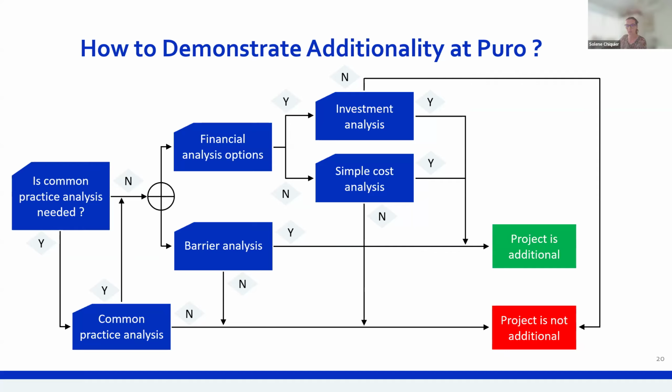If the answer to one of these questions is yes, you will have to go through a rather comprehensive investment analysis. However, if the answer is no, then you can opt for something that we call a simple cost analysis. The level of detail of these 2 analyses really is the main difference between these 2. However, the goal is the same, to assess whether carbon credit revenues make the project financially viable or whether it improves its returns beyond a reasonable benchmark.